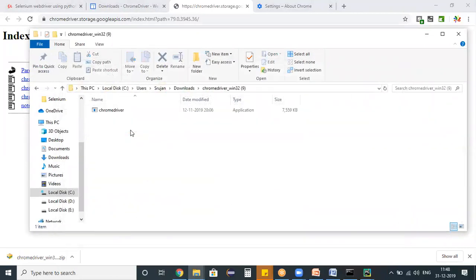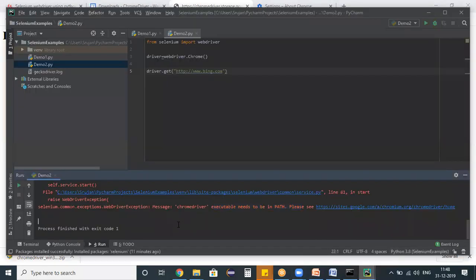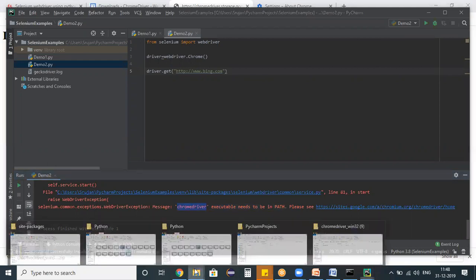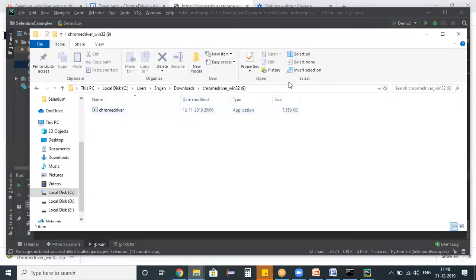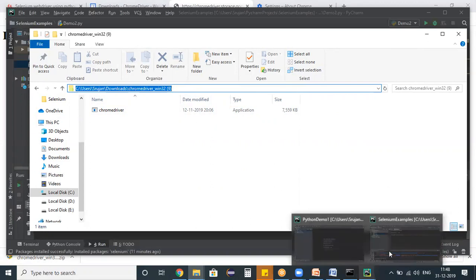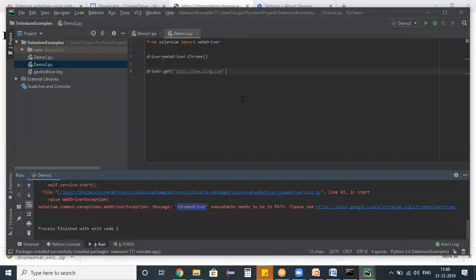See here, this is the folder which has the exe file, which is a ChromeDriver exe file. If you switch to PyCharm and see, it is asking that the ChromeDriver executable needs to be specified in the path. See, this is the ChromeDriver which it is looking for, and this is the ChromeDriver we have downloaded in this path. So copy the path directly, and go back to your scripts, and